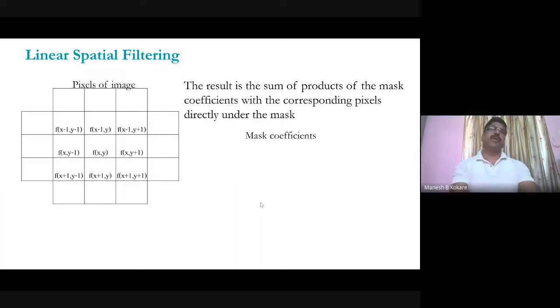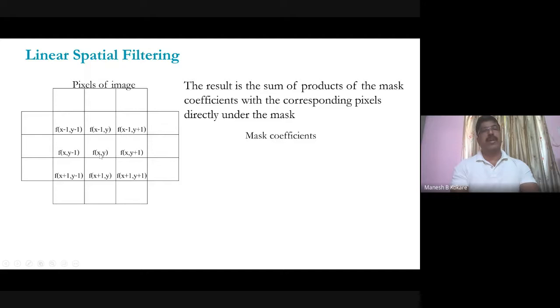Now suppose, for example, you have the original image like this. As I told you, when you are considering the first pixel of this image, you have to replicate the first column as it is, the first row as it is, the last column as it is, and the last row as it is, so that when you are considering this pixel under consideration, you can keep the mask like this, and then you can calculate the coefficient at the first location of the first pixel, and so on. So you have this pixel under consideration. This is the center of this image.